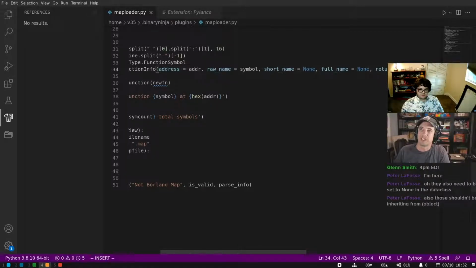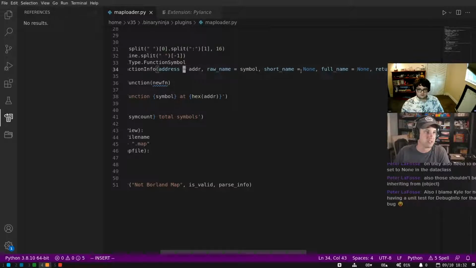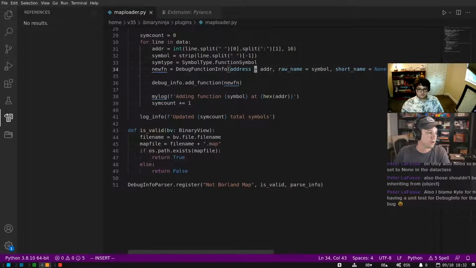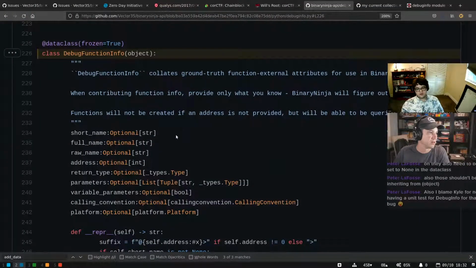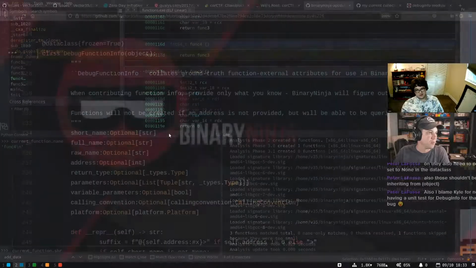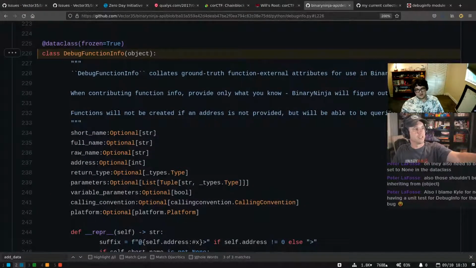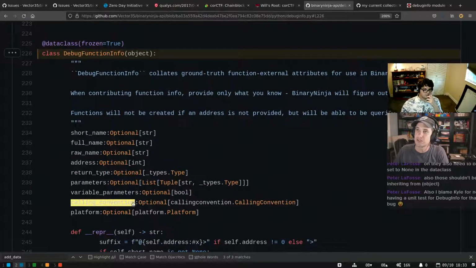Well, they don't need to be set to none if they're actually optional. The problem is, I don't want to set these to none necessarily. Or is that what you mean, that if it's an optional thing, you have to also set it to none? No, you shouldn't need to specify the equals none. Right, but is the answer in the API? Should it just be short name optional equals none or something like that? I don't know how you set default in this style of class initializer.